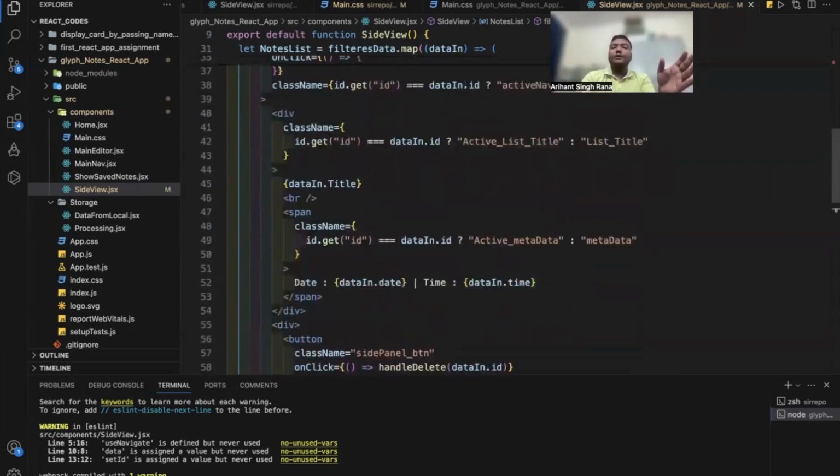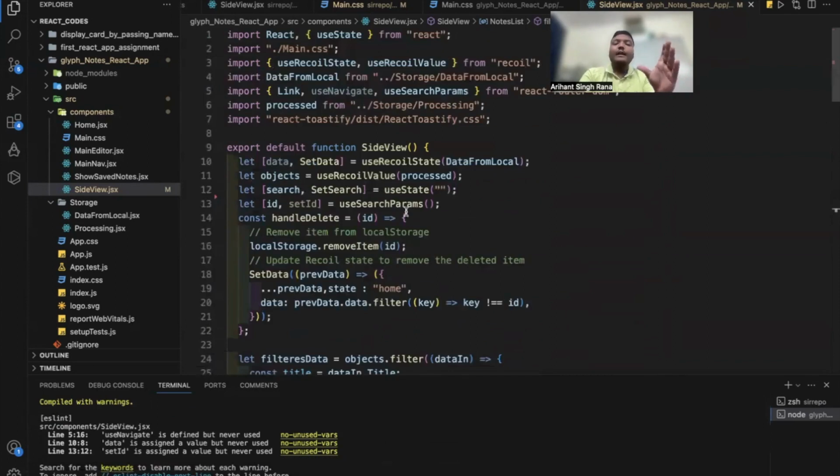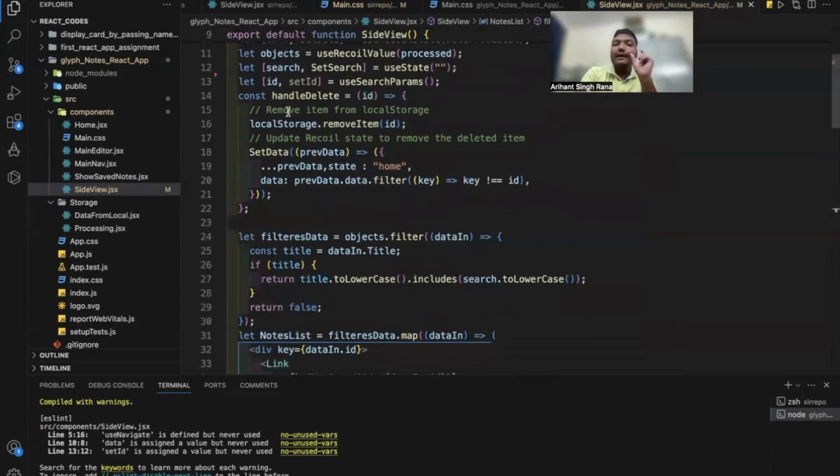Now, how is my delete function working? Whenever the user clicks on my delete button, it triggers my handle delete function. It first sees where that input is coming from, and it makes use of its ID. As I told you, I am saving my notes inside my local storage as a key value pair, and my key is the ID of my current node. Each node has its own unique ID. So what I am doing is that